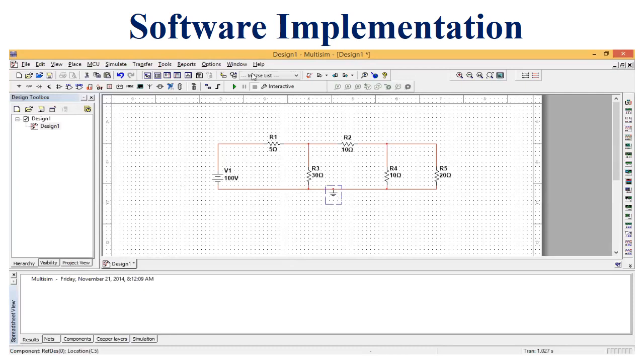Now we have to run our circuit. So click on this run button. But firstly, we have to connect probes across the node voltages. So in this experiment, we have an idea about the nodes. The ground terminal consists of 0 voltage. So this is our first node, this is our second node, and this is our third node.